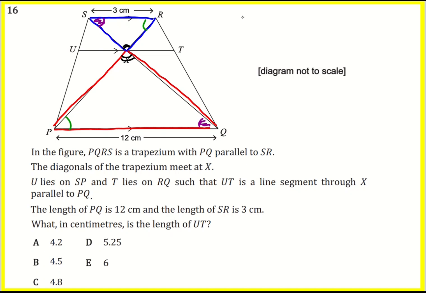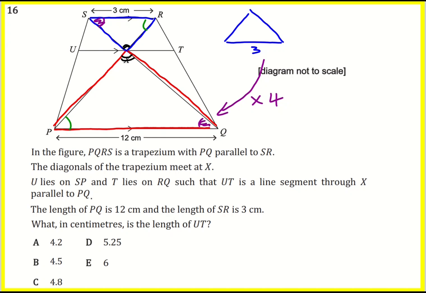Now, if I was to rotate this blue one to make it look like this, then you can see the scale factor is these two sides, the 3 and the 12, that's the corresponding sides. So my scale factor is 4. I'm timesing through by 4. Okay, here we go. Here's method 1. So that tells me that the height of the red triangle is 4 times the height of the blue triangle,